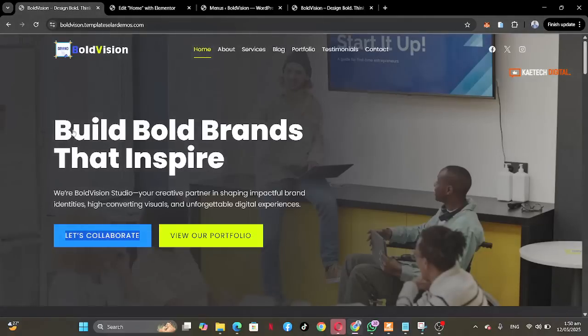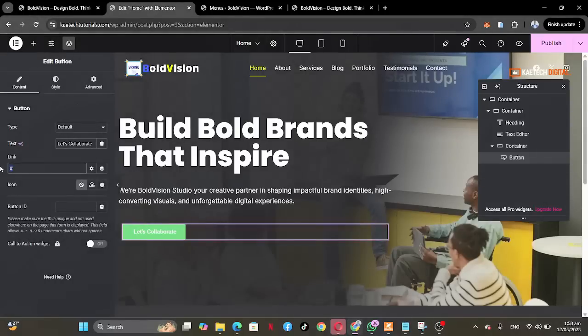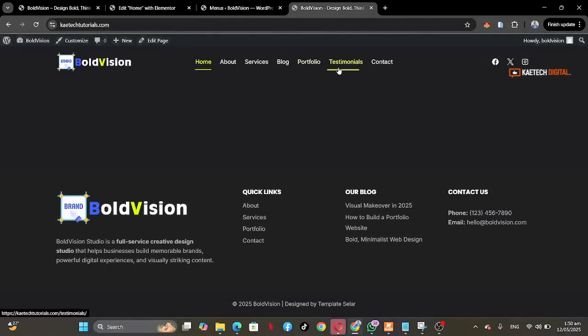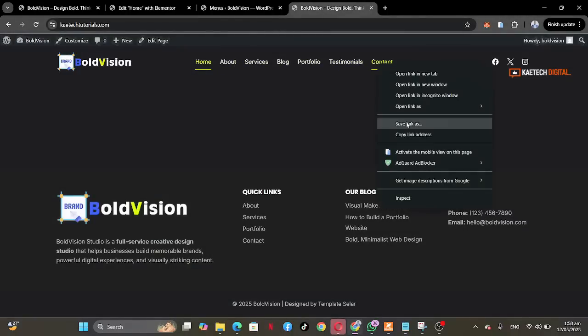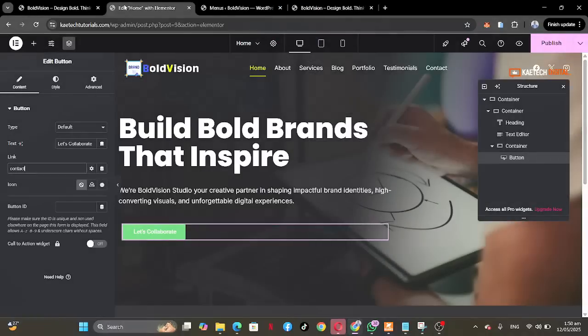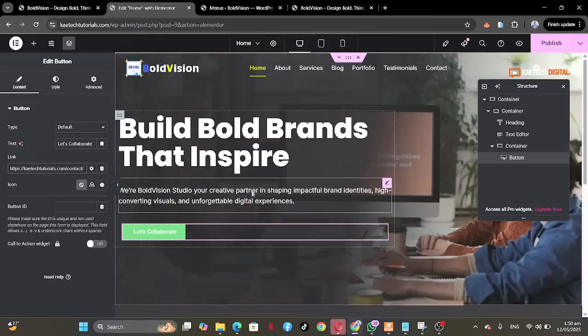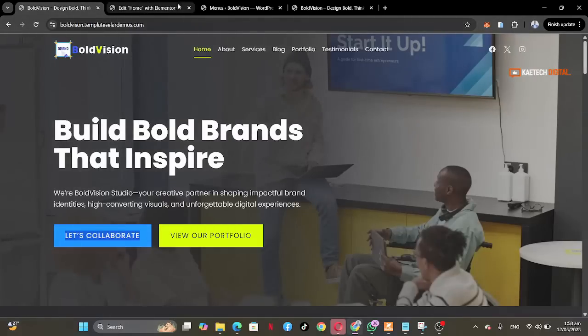And where does it lead to? It leads to the contact page. So I'm going to just type in contact over here, and the page should be able to pop up. If the page doesn't pop up, I will just come over here to copy the link address. Okay, so let me see. Yeah, so this is the page over here, right? So there's no need for me to paste the link over there. So this is, let's collaborate, and